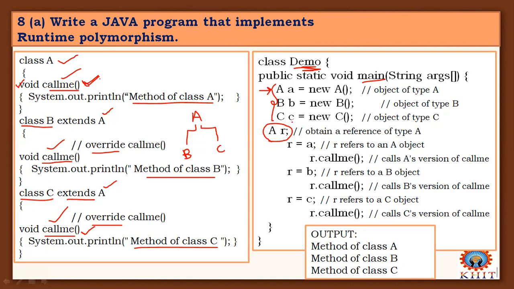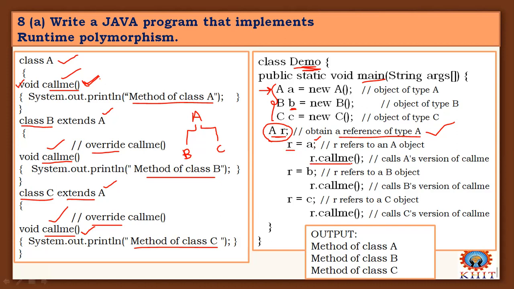It's a problem to control which method should be invoked, right? Same as with B also, we get the same problem. So it can be resolved by using a reference variable of type class A, the superclass A. So A R means creating a reference variable of class A. Now assign objects to this. A class object can be referred to by this reference variable as it is.